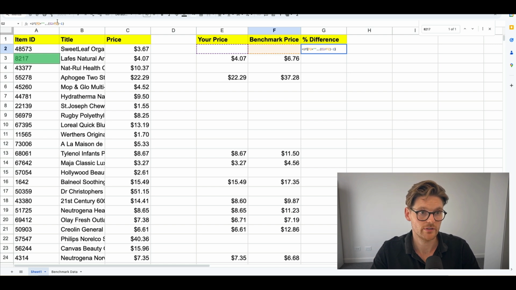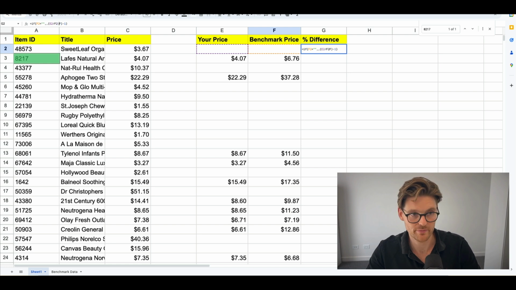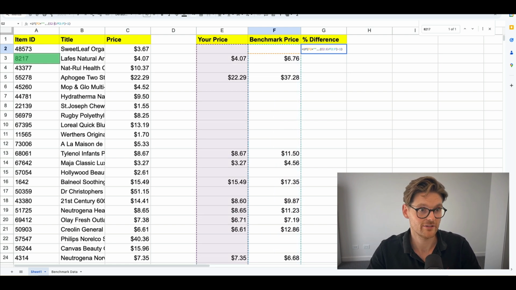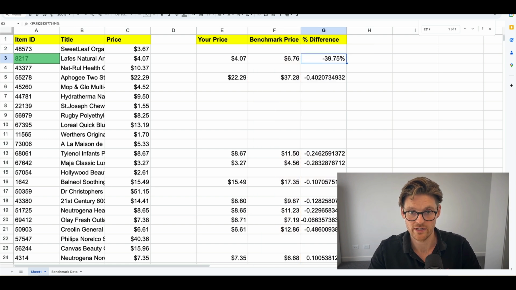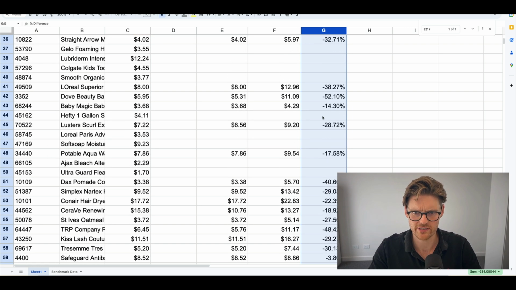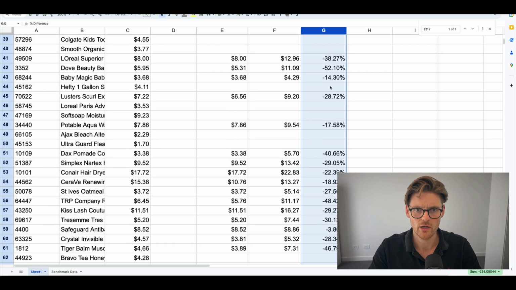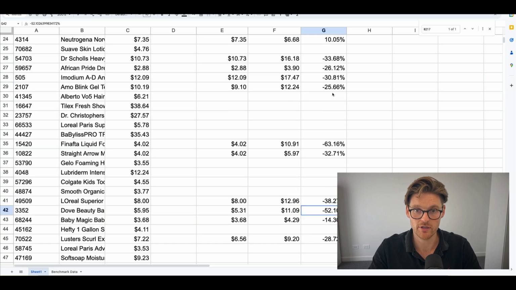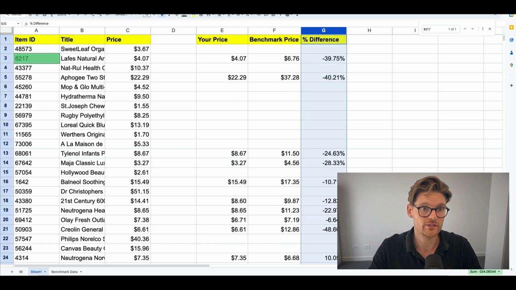So I don't need to explain how these are done. This is just me being a data nerd. So that way we can actually start to see down here what the percentage difference is. So we can start to see per product ID what products are actually underpriced heavily. And then we can start to do some conditional formatting